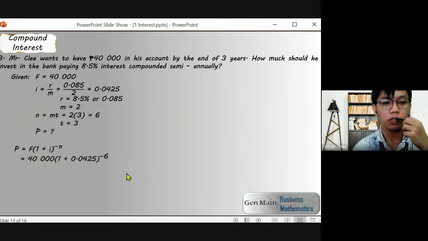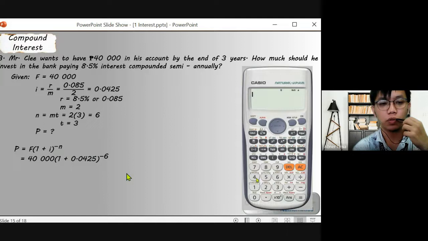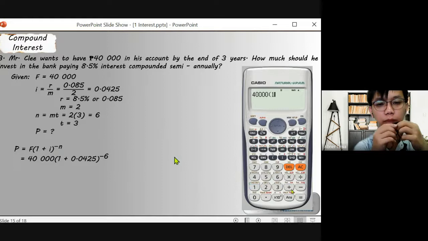Okay, and then we're just going to use calculator to solve for the value of P. We have here 40,000 multiplied to 1 plus 0.0425 raised to negative 6, which equals to